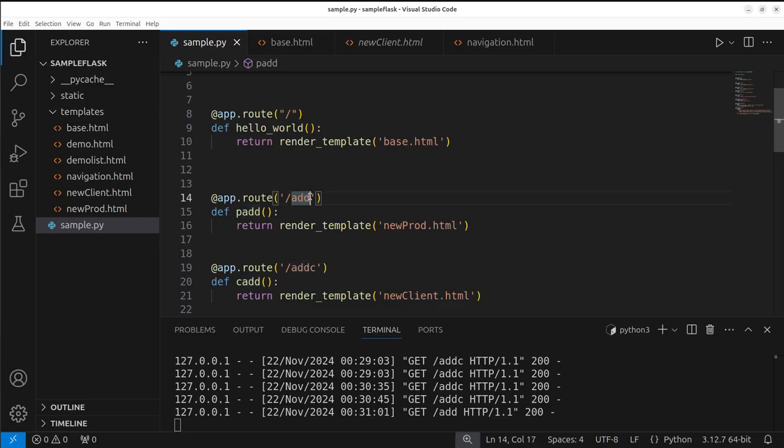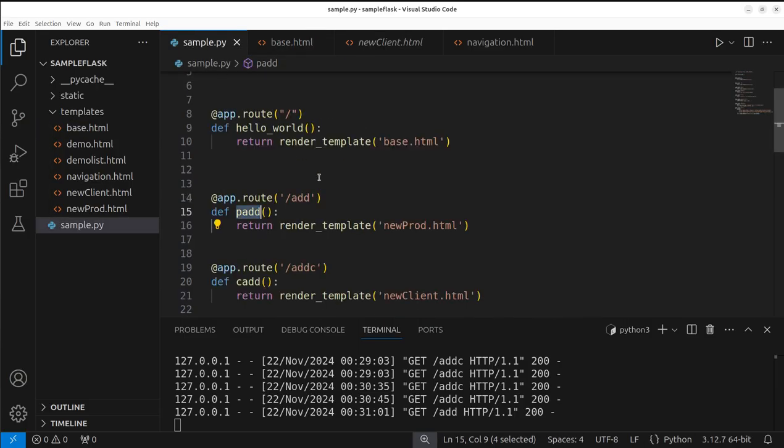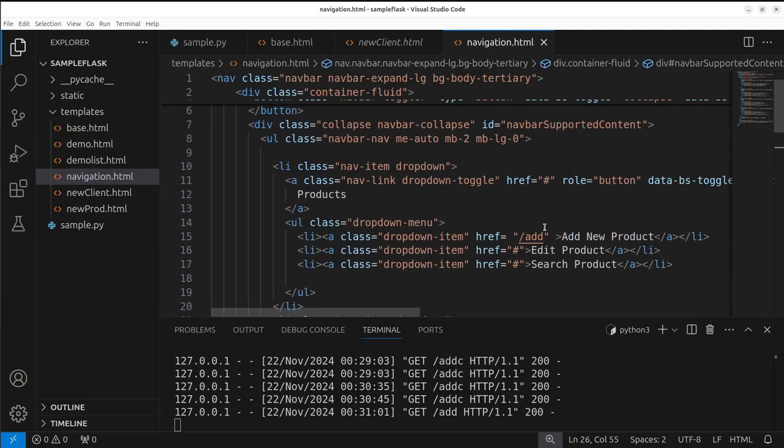for the route /add, the corresponding function is p_add. Alright, so we copy this and paste it in your navigation. Alright, so we are adding that for new prod. So new prod over here. So we